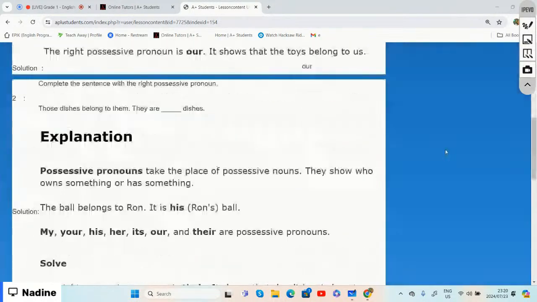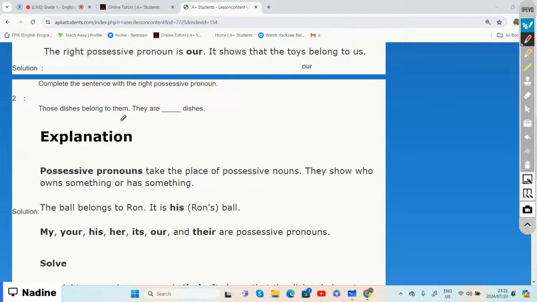Let's go to the next one. The next one says we need to complete the sentence with the right possessive pronoun. And it says those dishes belong to them. So the dishes belong to them, right? If something belongs to them,